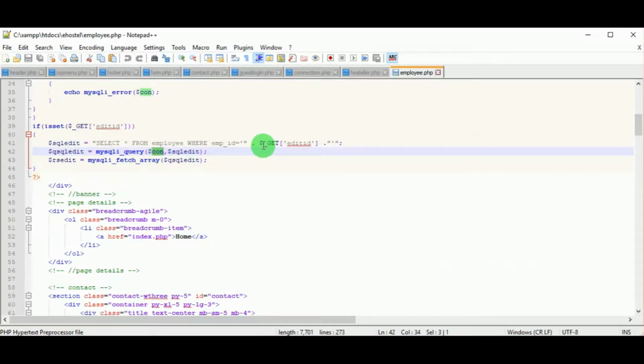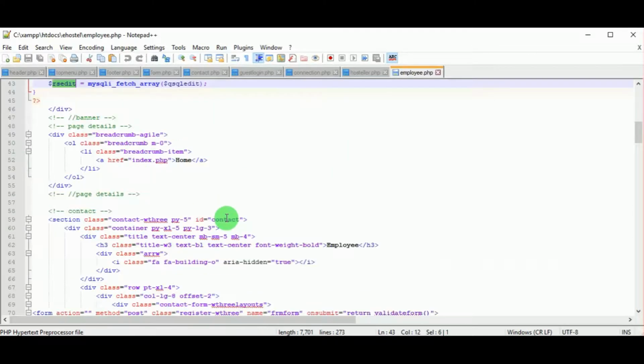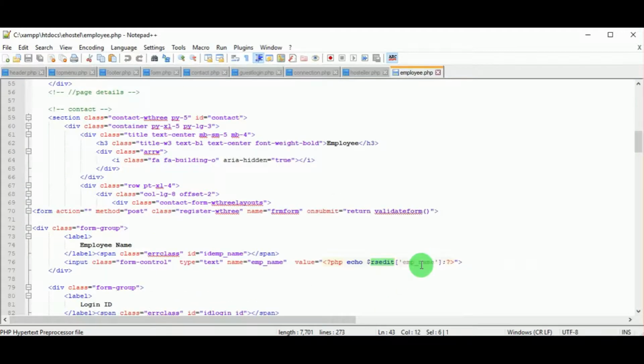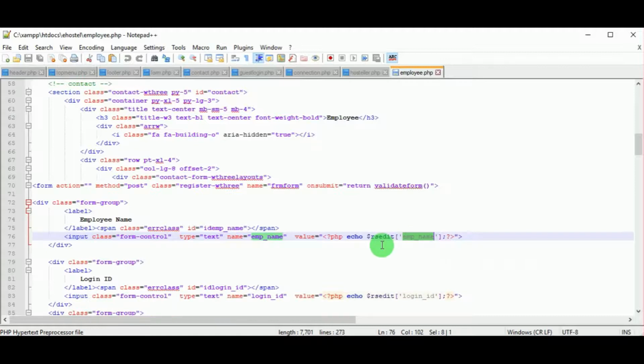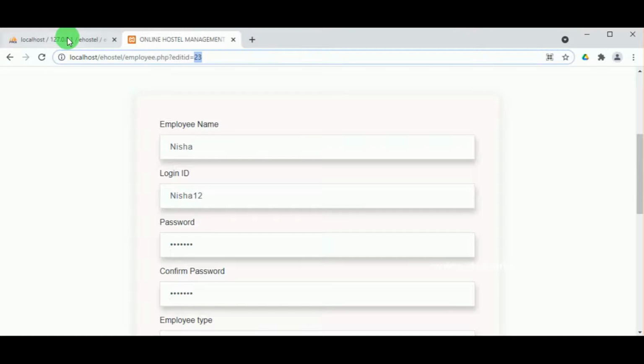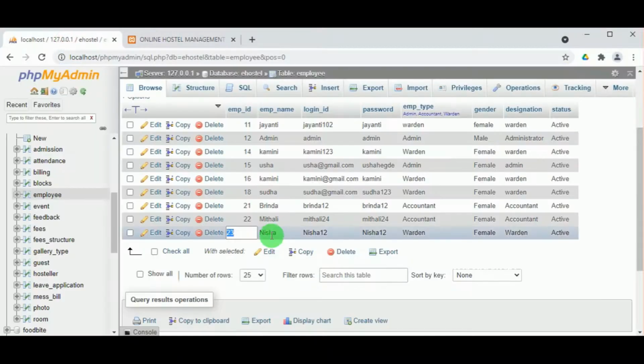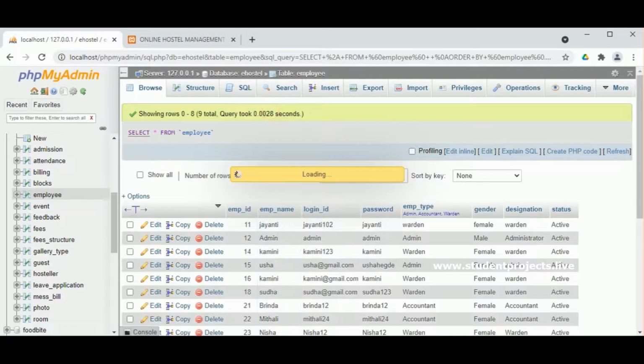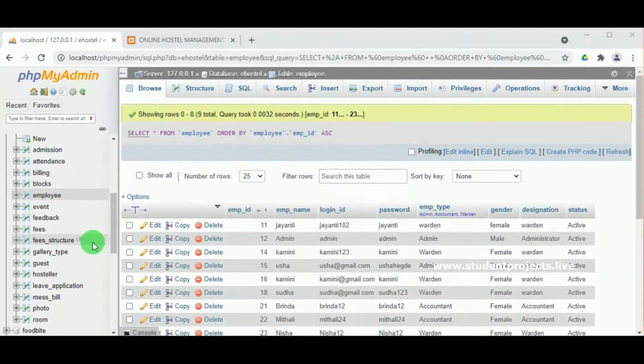So the MySQLi fetch array function is used so that all the data is fetched, and in the RS edit we will be using different field names, and for each field name whatever data is present in that field name is provided and displayed in the form. So this is the working of RS edit.